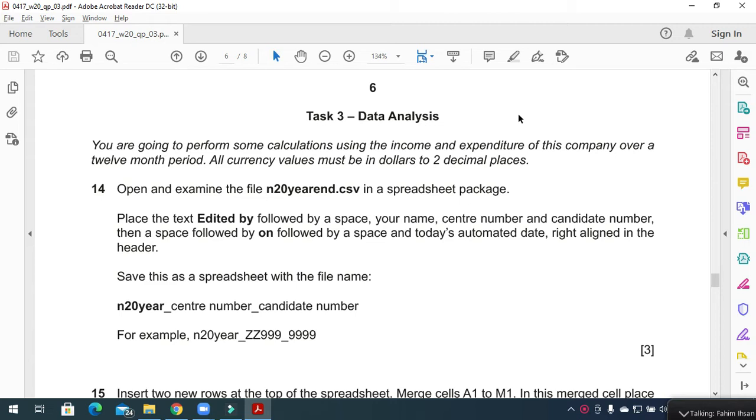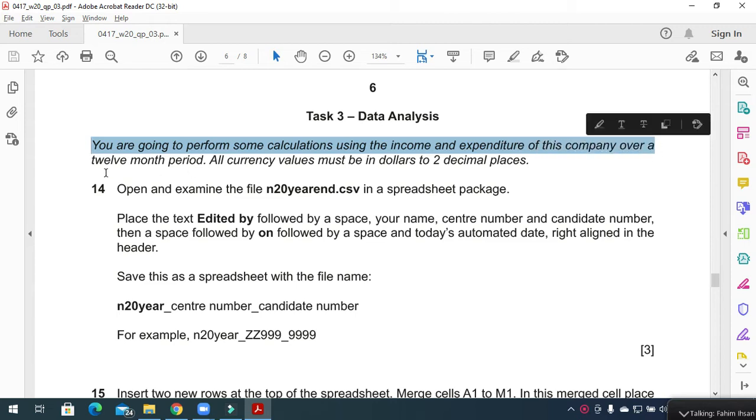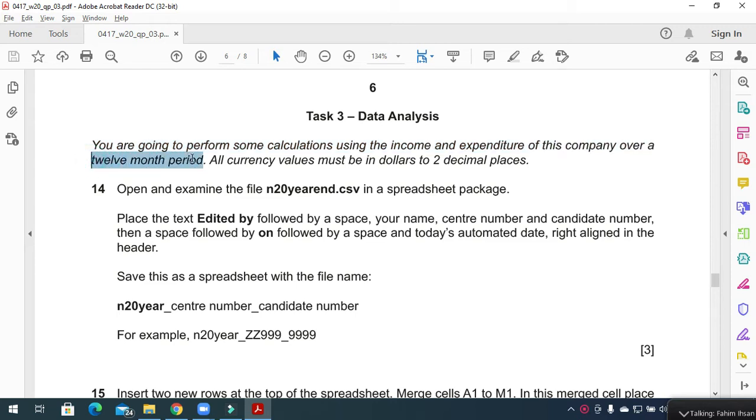Today I'm here to explain the Cambridge IGCSE ICT 2020 October-November Paper 3 Spreadsheet Data Analysis part. In this part of the question paper, they said you are going to perform some calculations using the income and expenditure of this company over a 12-month period. All currency values must be in dollars to two decimal places. So open and examine the file